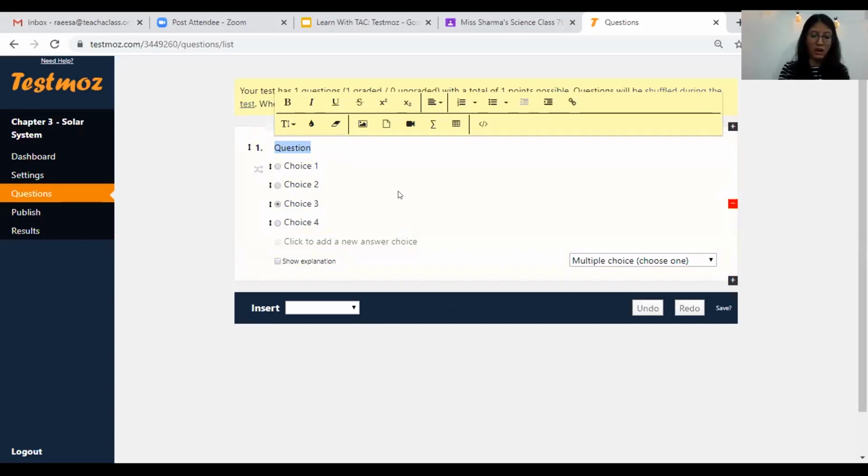I'm simply going to add my questions by clicking onto this and typing. If you're on your mobile, you'll simply have to tap it and start typing your questions from your keypad.